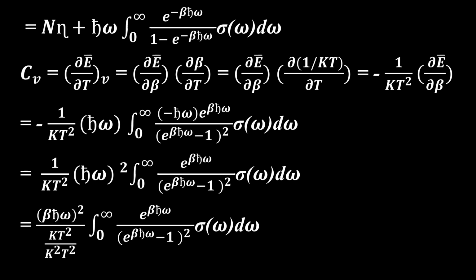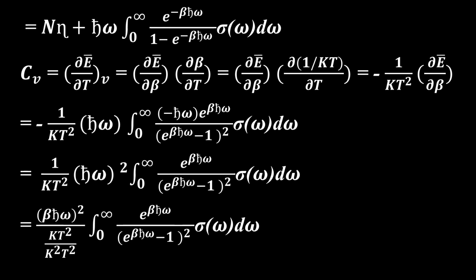we get -1/kT² into ħω ∫ from 0 to infinity of -ħω e^(βħω) / (e^(βħω) - 1)² σ(ω) dω. Let's see, we put the value of ∂E/∂β, multiplying the e^(βħω) on both top and bottom, and we get -ħω e^(-βħω) / (e^(βħω) - 1)²